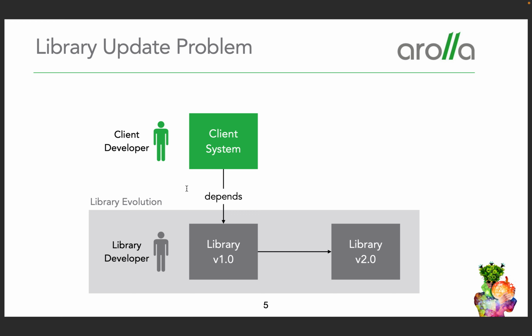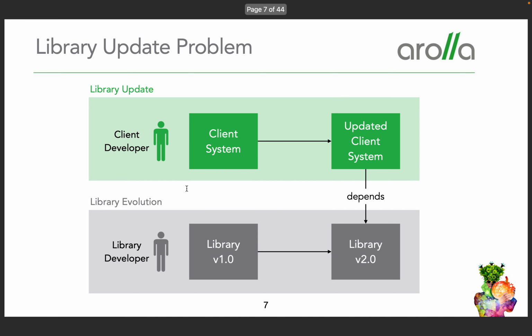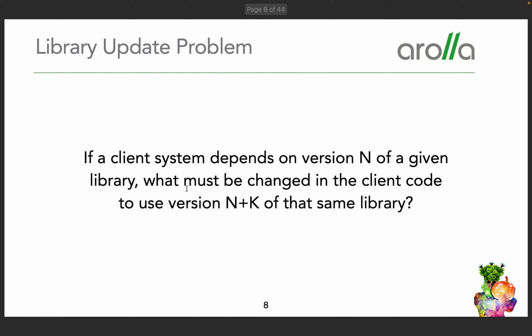When this happens, clients can either stay with the old version, but then sooner or later it will become obsolete, or they can switch and depend on the new version. But if they do it just like that, in many cases clients will receive a lot of errors. Why? Because libraries are released with breaking changes, so they're not compatible with their previous versions. So what needs to be done from the client side is that when one of their dependencies releases a new version, client systems must be updated accordingly so that they can use this new version. And this is in fact the problem of library updates.